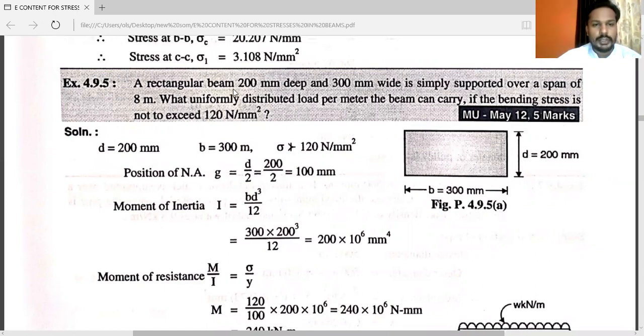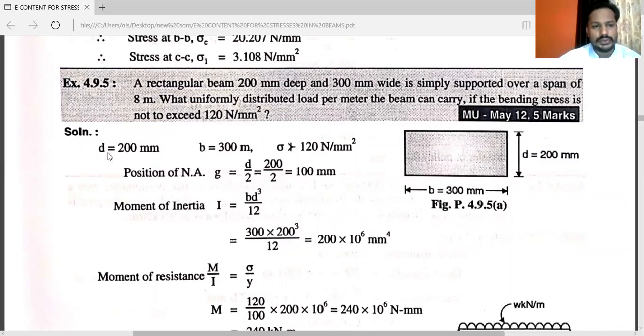A rectangular beam 200 mm deep and 400 mm wide is simply supported over a span of 8 meter. What uniformly distributed load per meter can the beam carry if the bending stress is not to exceed 120 Newton per mm square? First of all, you have to see the beam is given, that is a rectangular beam,